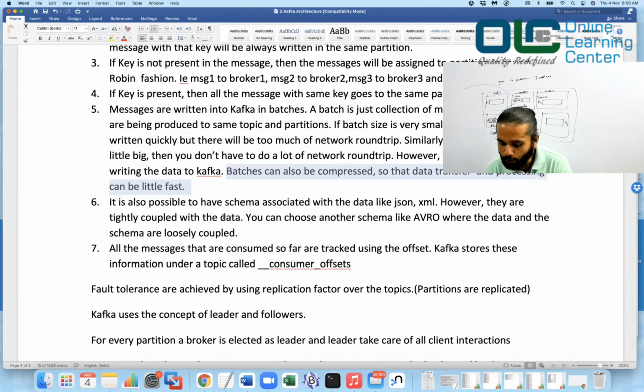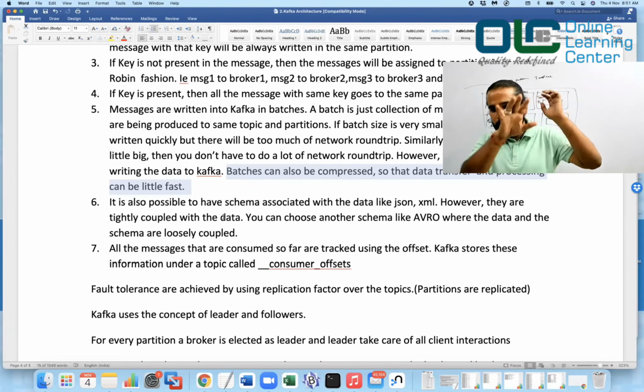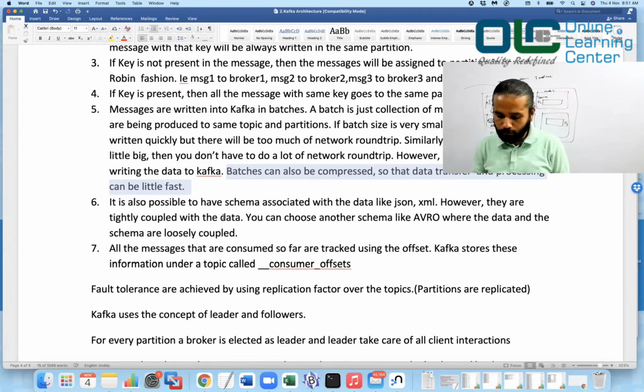Okay. It is also possible to have a schema associated with the data, like JSON, XML. However, they are tightly coupled with the data. So you know that when you deal with JSON data or XML data, you will see the actual data is very small, but the opening bracket, the closing bracket, or in the JSON, the tags and properties consume a lot of space, right?